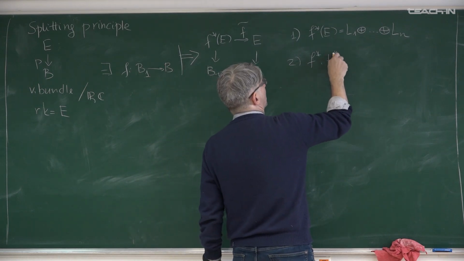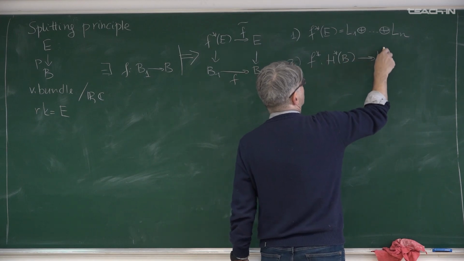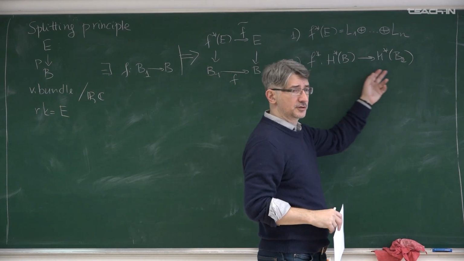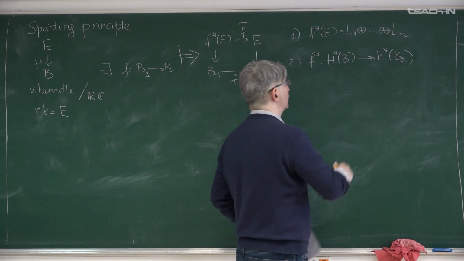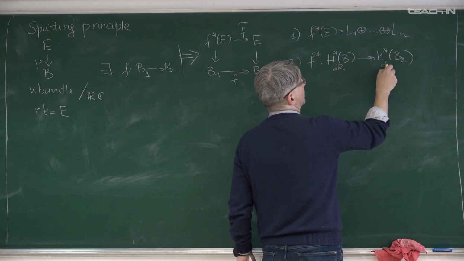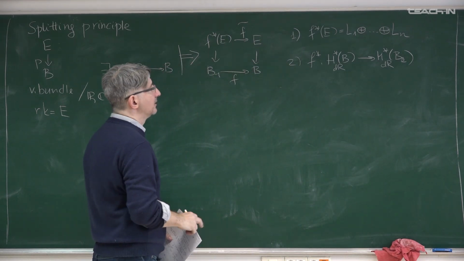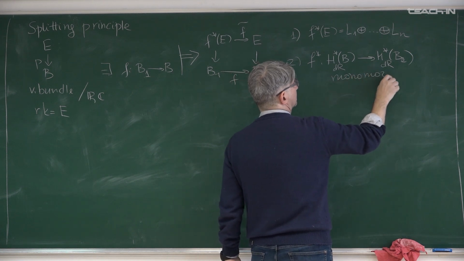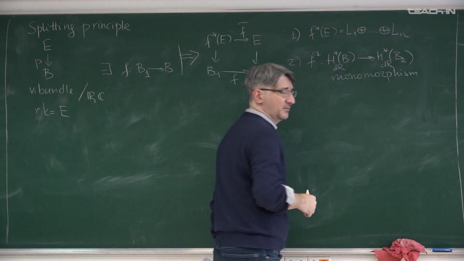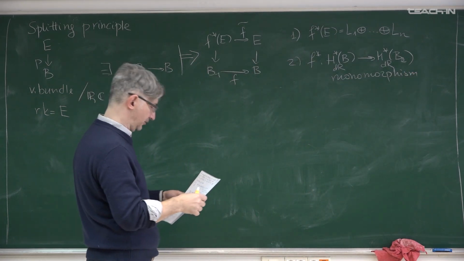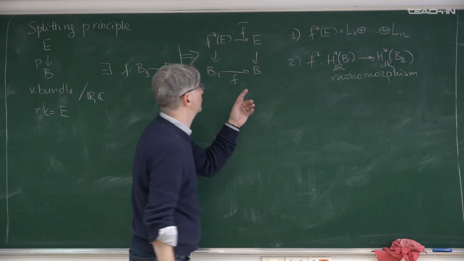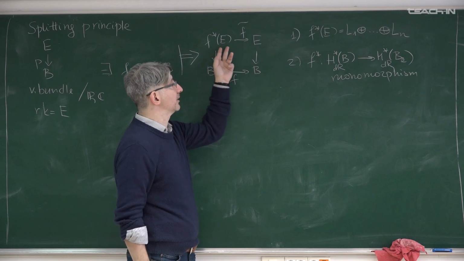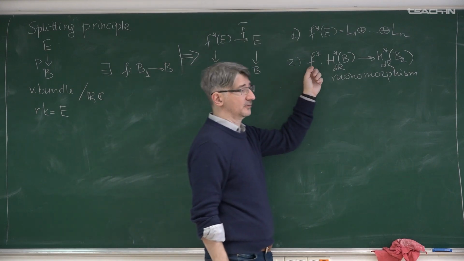that you map cohomology of B to cohomology of B1. In our case, and it is a general statement, so it doesn't matter which cohomology theory you use here, but in our case we speak about de Rham cohomology, because we speak in differential forms, so I write de Rham cohomology. This map is a monomorphism. What does it mean? It means exactly the following statement. If you have some specific relation between characteristic classes of the vector bundle E, you will see the same relation here, because this map is a monomorphism.